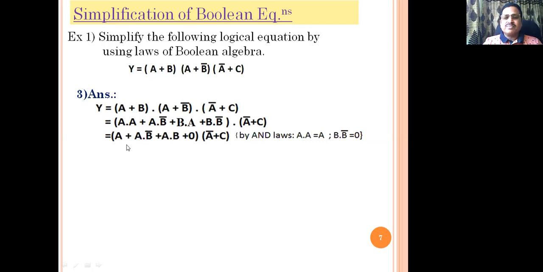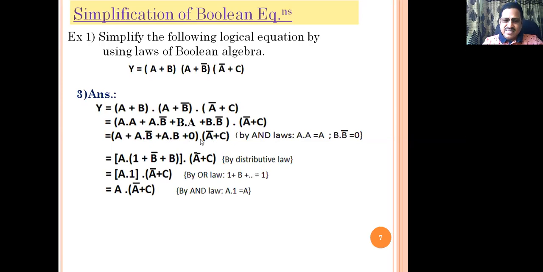Then next here, ending of number itself by the AND law, same number. Ending of number with its complement by the AND law, 0. So simplification of this step will be as A or A and B bar as it is there. Change sequence of A and B by commutative law, A and B, or it is here 0, and last bracket is it is there A bar or C. Then the next steps of simplification.